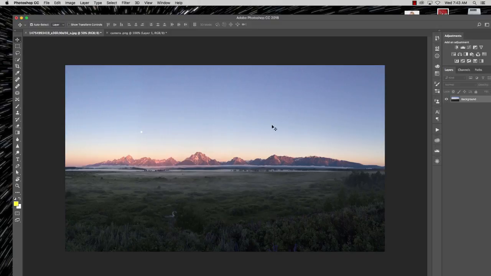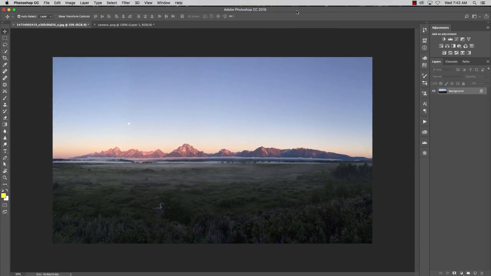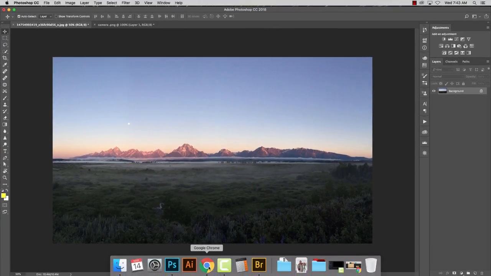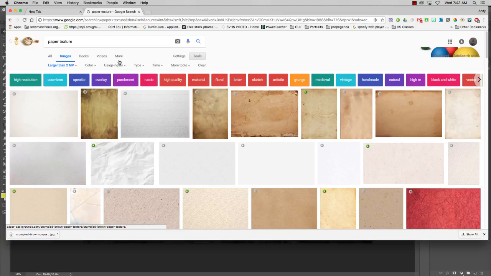Alright, so today what I'm going to do is show you how to import some brushes and texture screens. You can see this photo here. What I want to do is add a paper texture to it. So I'm going to open up Chrome, and I went up here and did an image search for paper